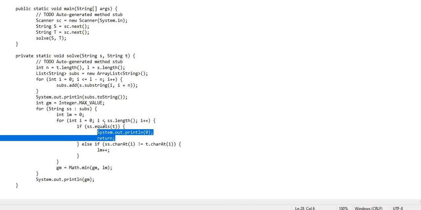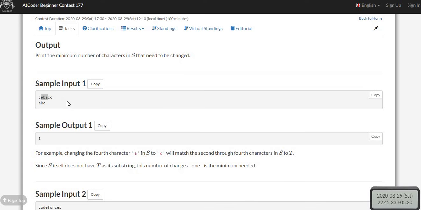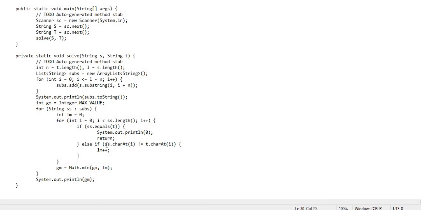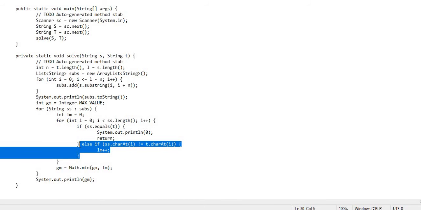But if it is not the case, for example, in this case first it checks the slice's index 0, that is A, and the character from the T string, that is also A. If it gets matched, it doesn't go inside the if condition.